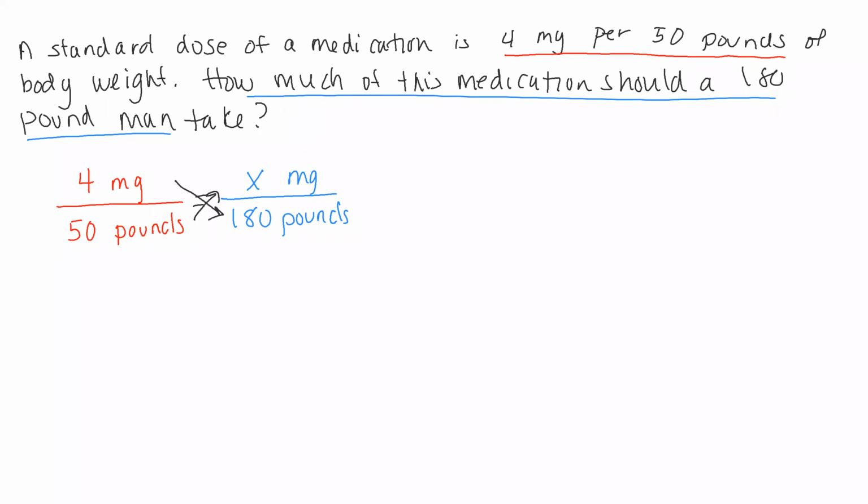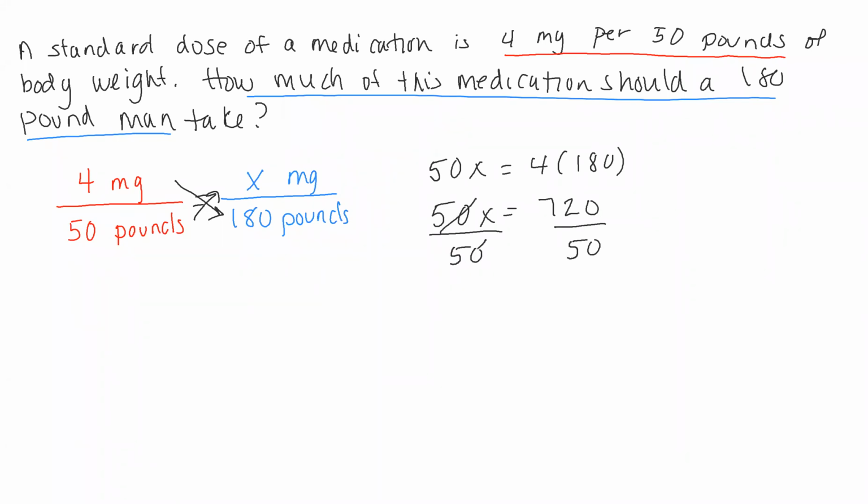So I cross multiply, I get 50 times x equals 4 times 180. So I get 50x equals, let's see what 4 times 180 is. 4 times 180 is 720. So then at this point, I've got my equation. I need to get x alone. X has been multiplied by 50. I have to undo that multiplication with division, and I have to do it on both sides to maintain equality. The 50s cancel. And then 720 divided by 50 gives me